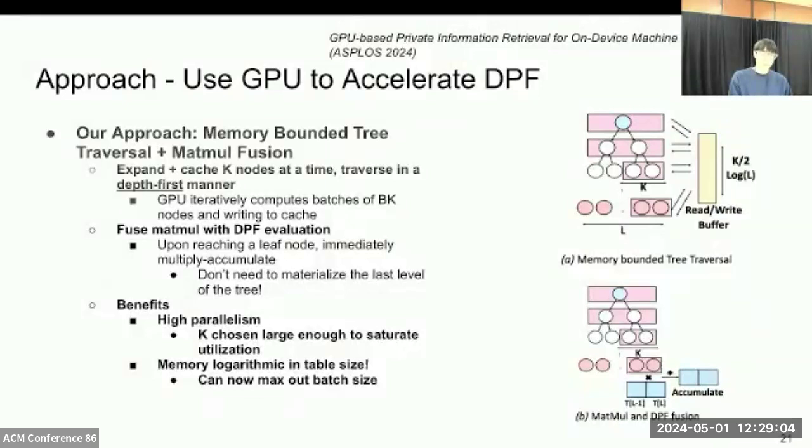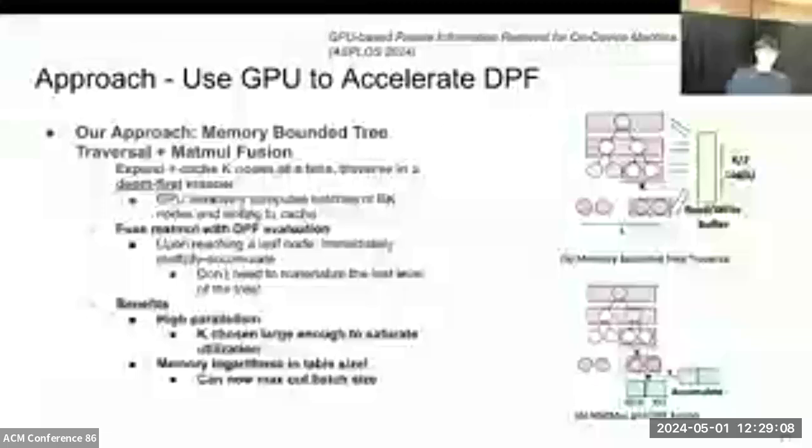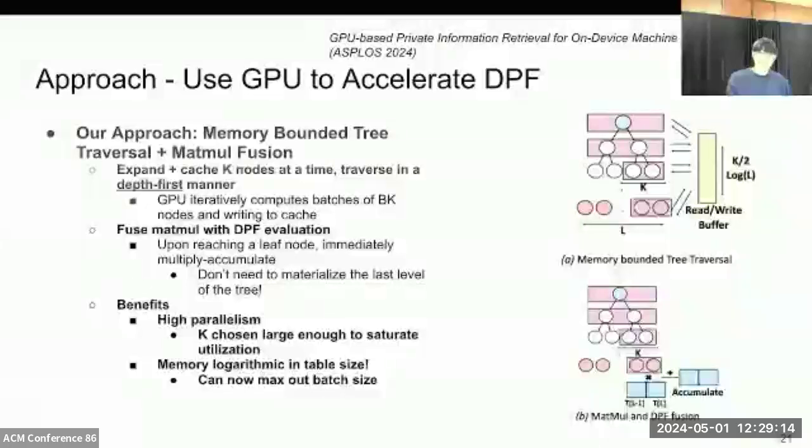Recall that the final operation that we want to do is evaluate all of the leaf nodes and do a dot product between those leaf nodes and the big embedding matrix. And so what we're doing here is evaluating in a depth first partial manner down to the leaf nodes of the tree, and then immediately fusing the DPF key evaluation with the final